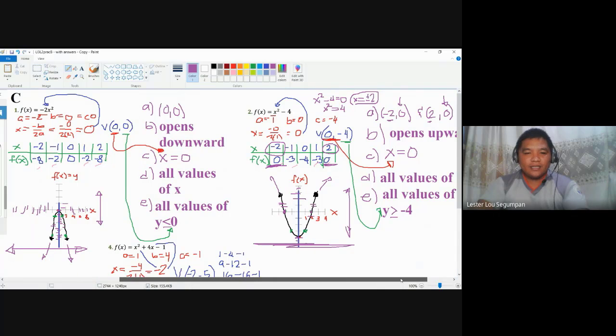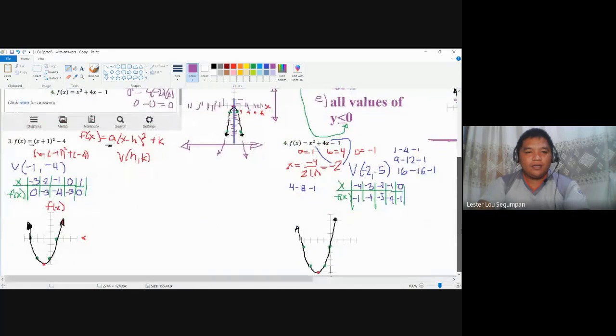Copying the same process here in number three. So probably you might have already come up with techniques. A, look at the x-values here, or you could look at your table and look at the values which can make it equal to zero. So the intercepts have the points (-3, 0) and (1, 0). You simply look at the points which have values for f(x) equal to 0, and those are your intercepts.